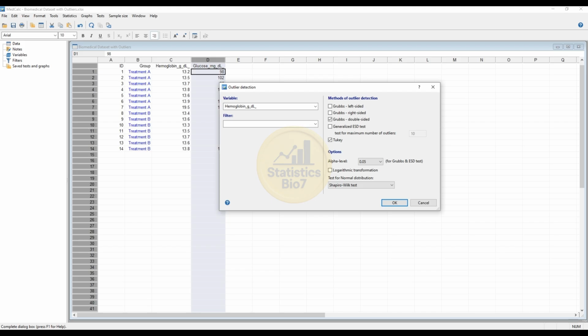So additionally, for the options, the alpha level default is 0.05 for the Grubbs and ESD test only. If you selected the generalized ESD test, then set your numerical outlier value higher than 25, select 25, and the alpha level,